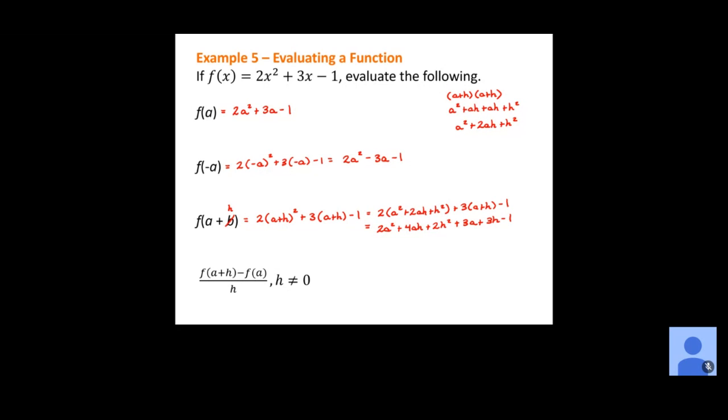All right, so then if we combine like terms, what's that going to give us? Or do we have any like terms? Let me look at that first. Is there anything that we can combine this time? There's not, right? So 2a squared, there's no other a squared terms. Same thing with the ah, no other ah terms. H squared, and then the 1 is by itself. Okay, so that's as far as we can go with that one. That is our answer for f of a plus h. Any questions on finding f of a plus h now?